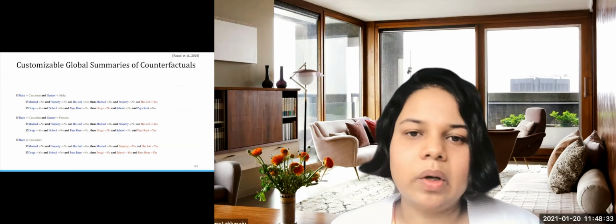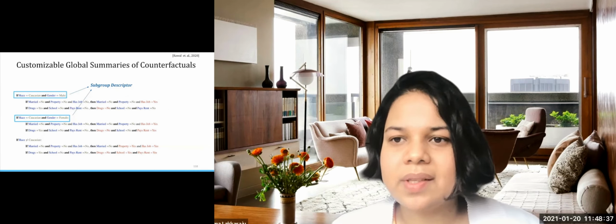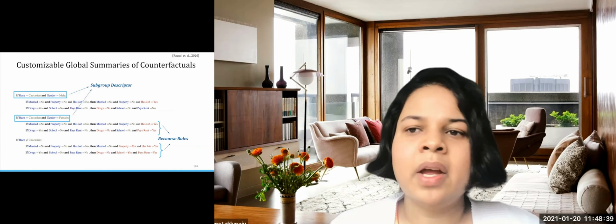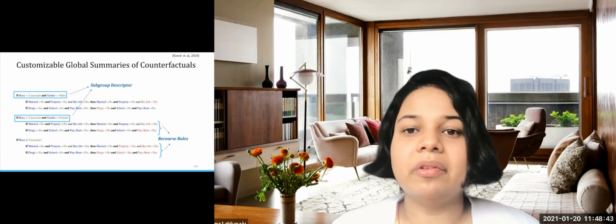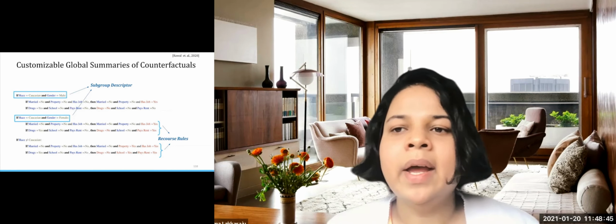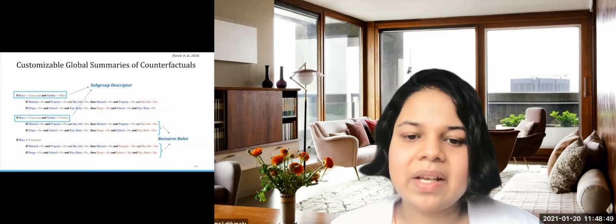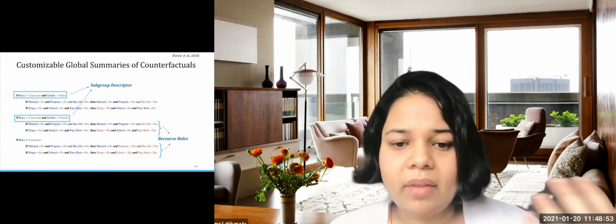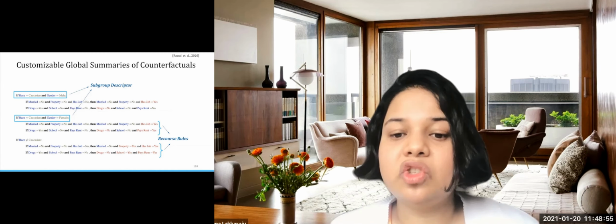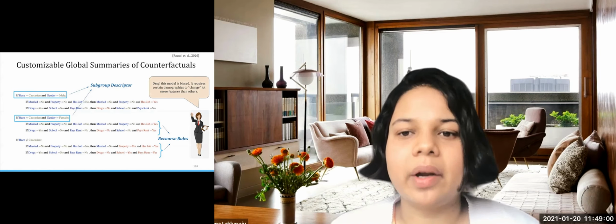and such a summary could look like this. So what you see here is the outer if-then rules correspond to descriptions of the subgroups of the population, and the inner rules correspond to the recourses being provided to individuals from the corresponding subgroups. A quick look at this basically demonstrates that if you're not a Caucasian, the recourses are asking you to change many more features than if you are a Caucasian, right?